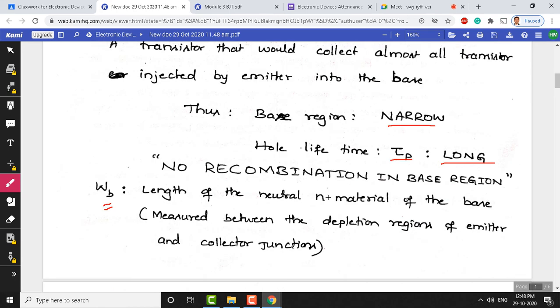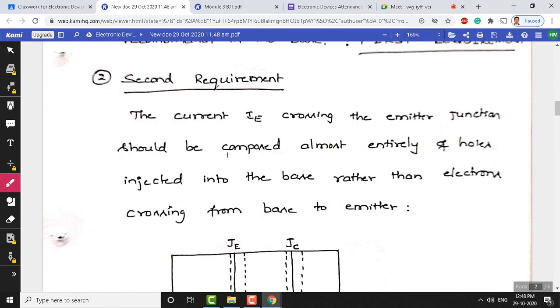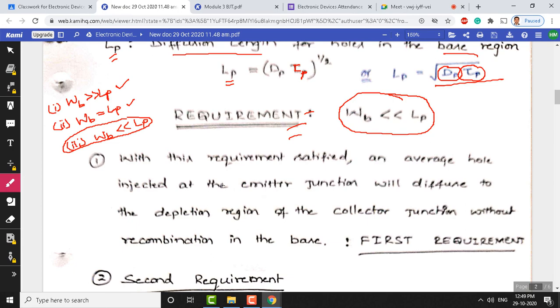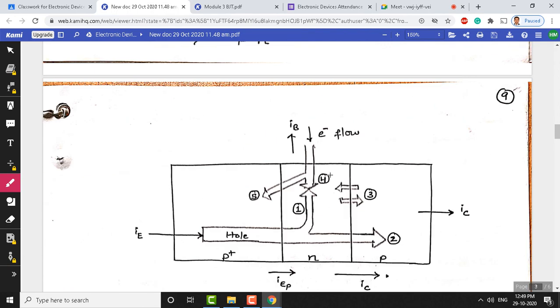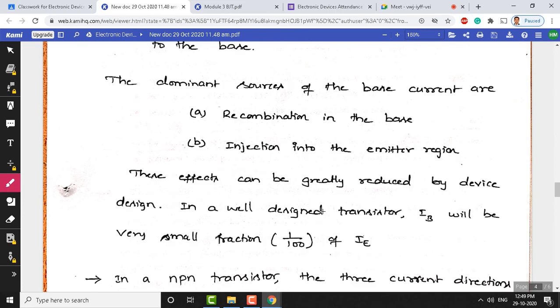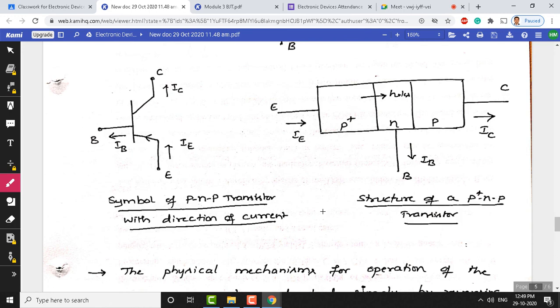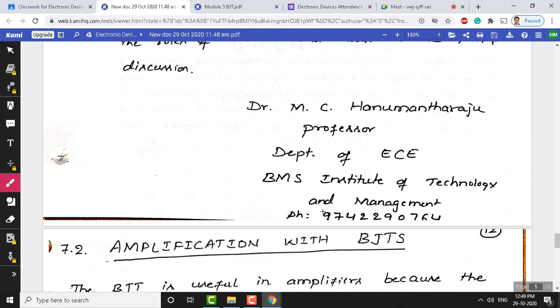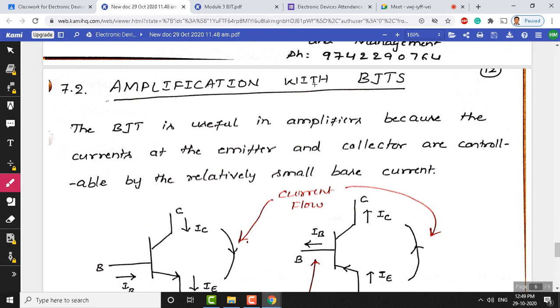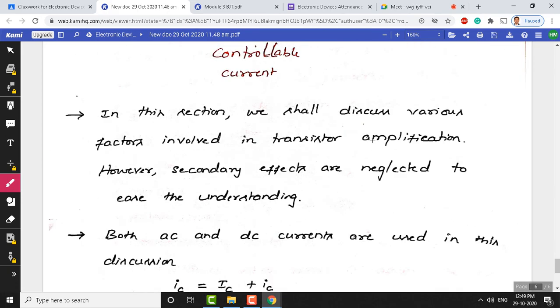Okay. If you don't have questions here, let me wind up today's class, and next class I would like to discuss the 2 requirements for a good PNP transistor, and then we will discuss the different currents that flow in the transistor. Following this we will discuss terminal currents, basically terminal currents, and its DC and AC currents also, that we will come across in the amplification. When we make use of BJT as an amplifier, we will come across different currents here, that also we will discuss in the coming class here.